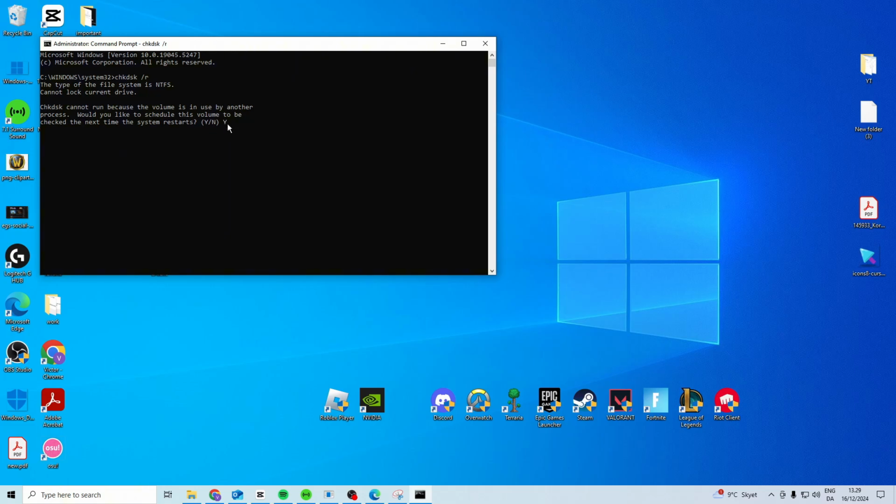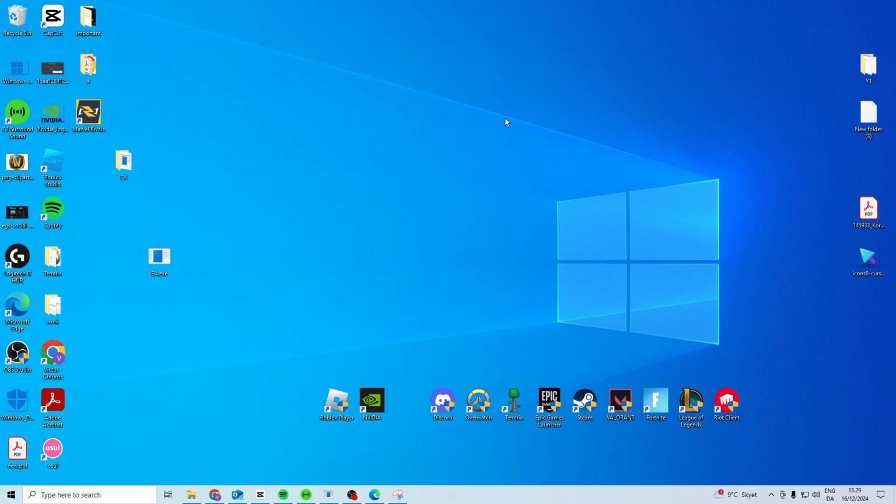enter. Once you press Y and you press enter, it's going to say that the next time your system restarts, it will check it. So you want to type in Y and then press enter, then you can close it down after that. Then what you want to do is restart your PC, and when you're restarting it,